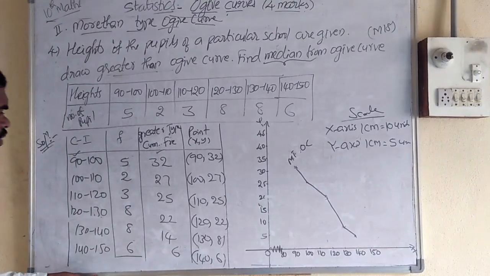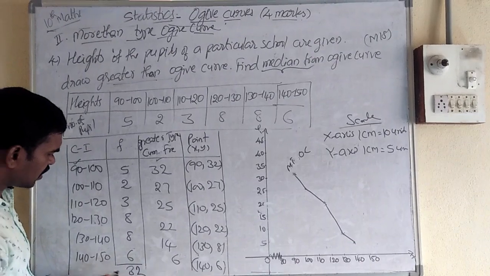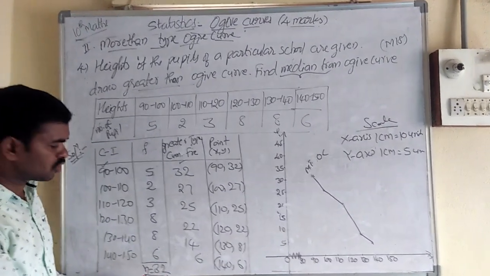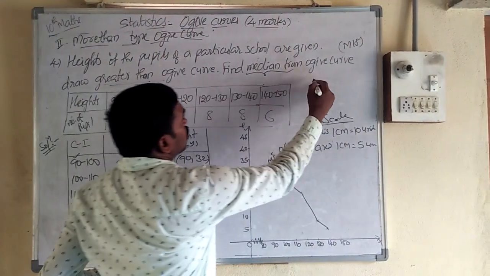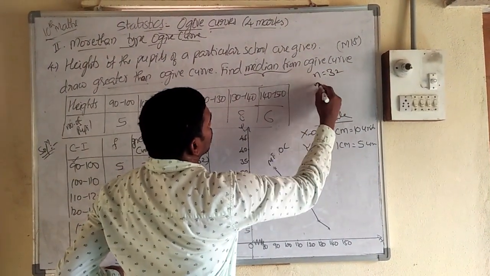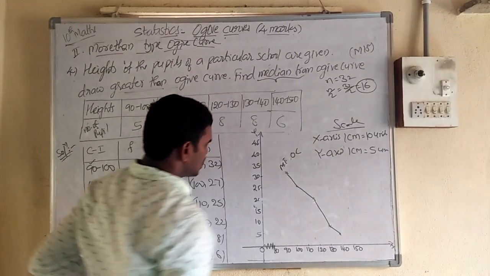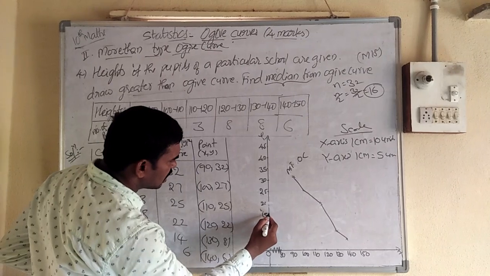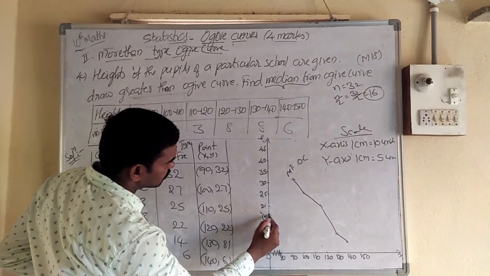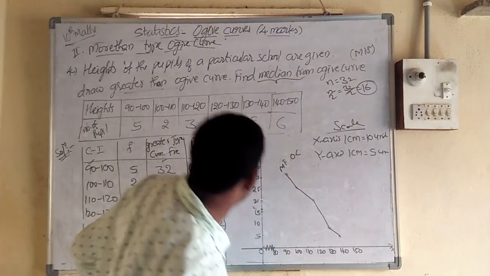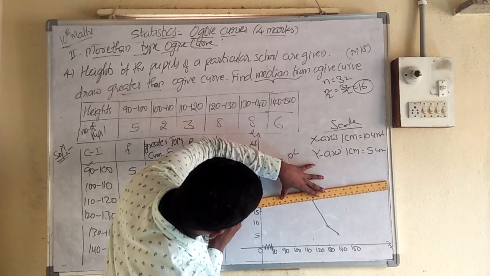Median means sum of all frequencies, how much? Adding these we get 32. So n equals 32, and we take half of 32. N by 2 equals 32 by 2 equals 16. So where is the 16 on y-axis? Here, after 15 and below 20. Maybe here 16. From 16, draw a line up to intersect the